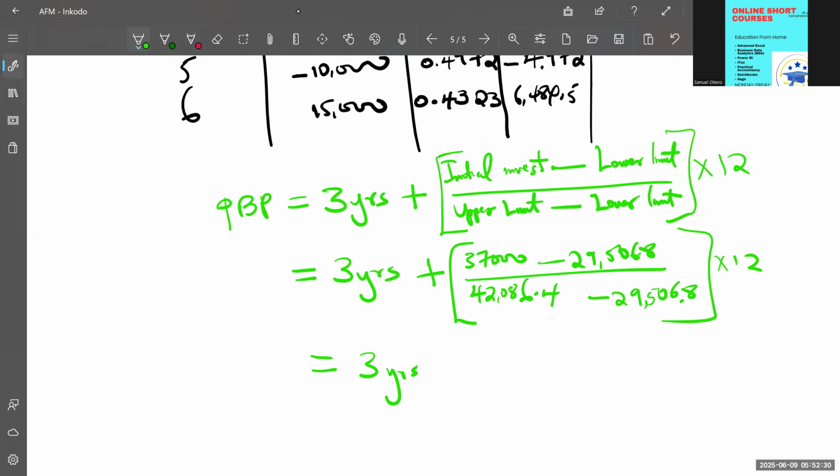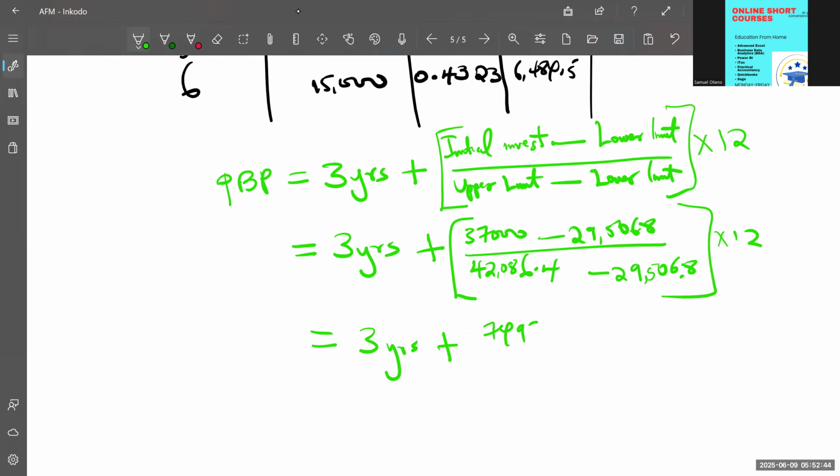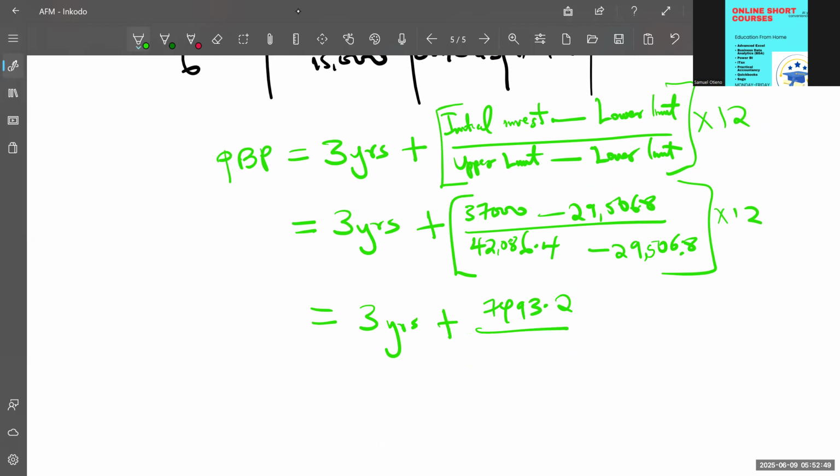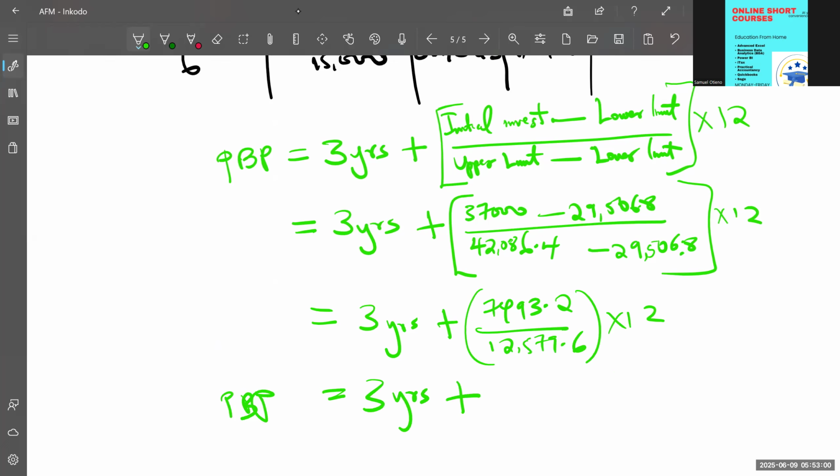So if you get the difference between 42,086.4 minus 29,506.8, I'm getting 12,579. So plus, we already got the numerator, 7493.2, divide by 12,579.6. This one will multiply by 12. So our payback period after discounting will be 3 years. Then we get whatever is in bracket. So that is 7493.2 divided by 12,579. Then I multiply by 12 and I'm getting